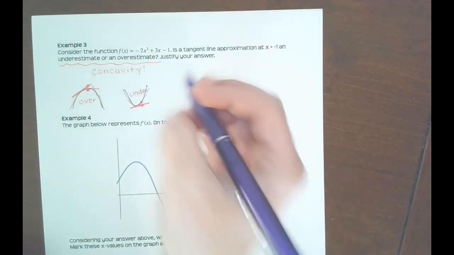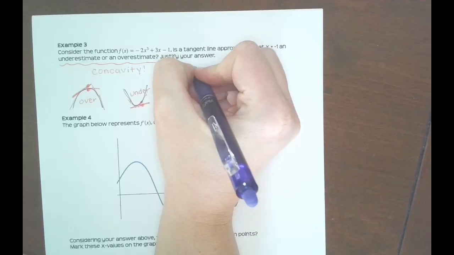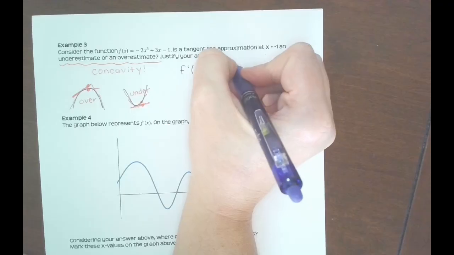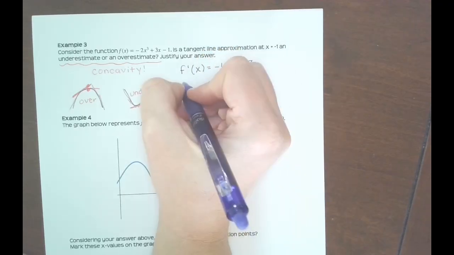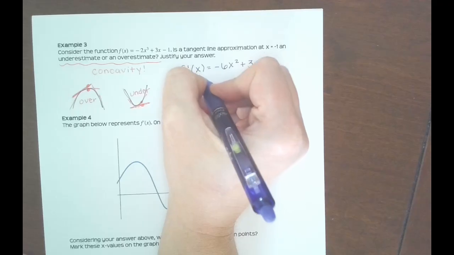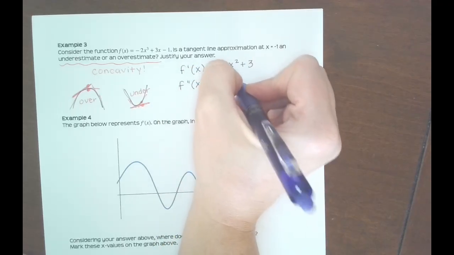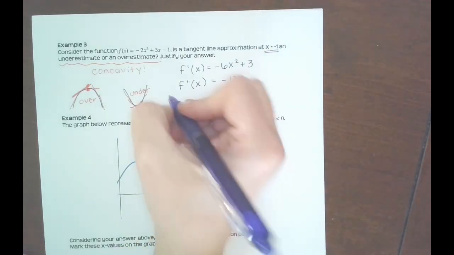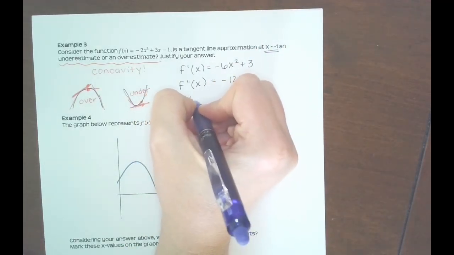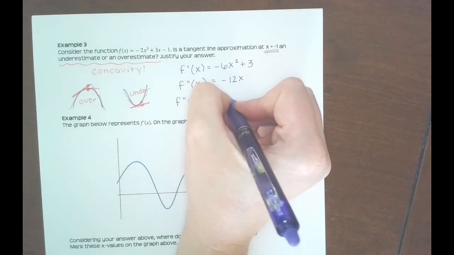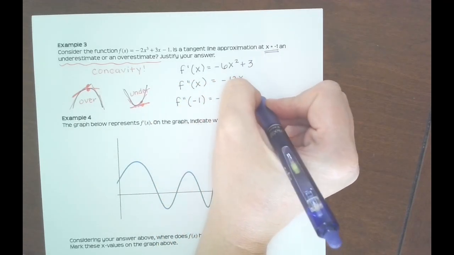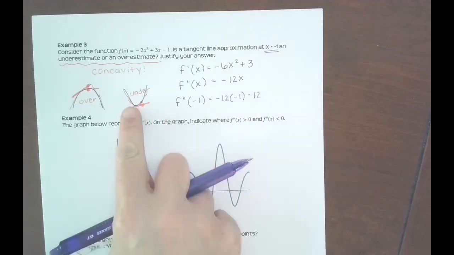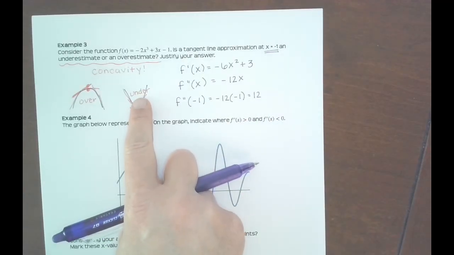So let's find a second derivative here, because that's what I need to talk about concavity. Negative 6x squared plus 3. My second derivative is negative 12x. And then remember, I want to know what is the concavity specifically at negative 1. So my second derivative at negative 1 would be negative 12 times negative 1, which is 12. Okay? That's positive. A positive second derivative means I'm concave up, and that means that my tangent line will always